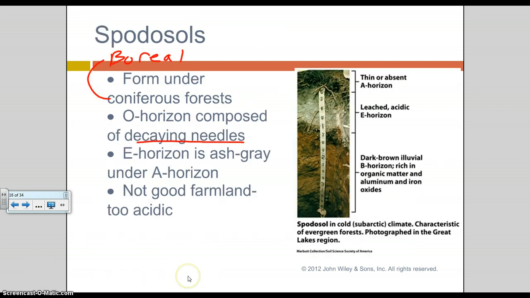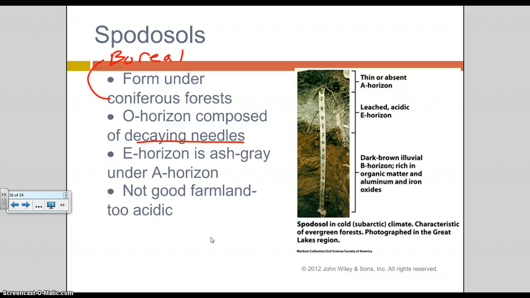So the spodosol is the type of soil you find in a boreal forest where you have a number of pine trees, and these pine trees, their leaves, when they fall on the forest floor, create an acidic O horizon. So you have that O horizon because you have a plant litter layer. Only this plant litter layer is composed of pine needles, and pine needles tend to be acidic, too acidic for